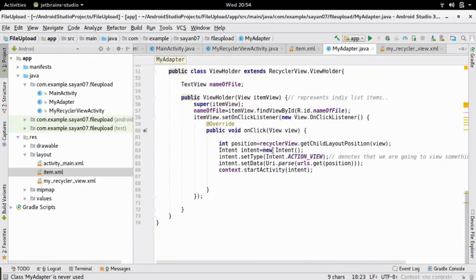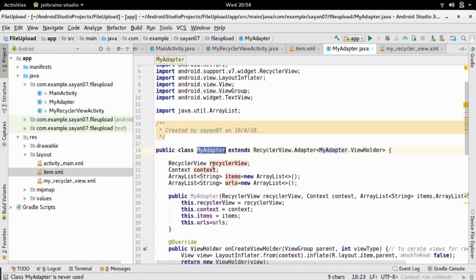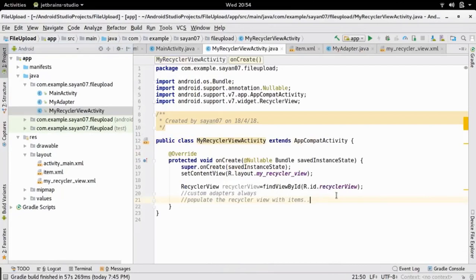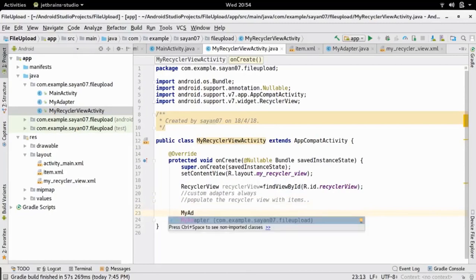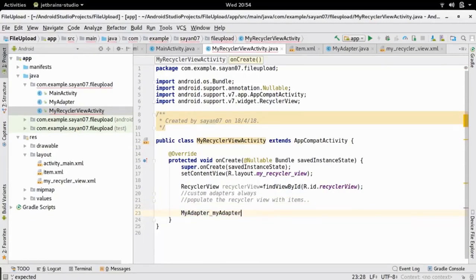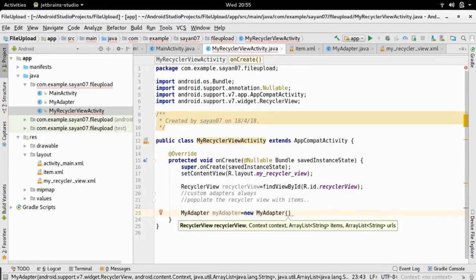Now we need to attach an object of our custom adapter to our recycler view that we have created. So let us move to recycler view activity, and here we are going to create the object for our custom adapter. So let me write it as my adapter and create an object my adapter. So basically you are going to pass 3 or 4 items here.